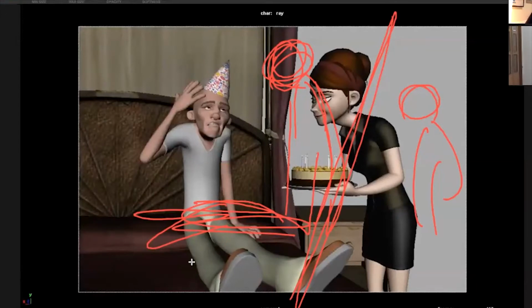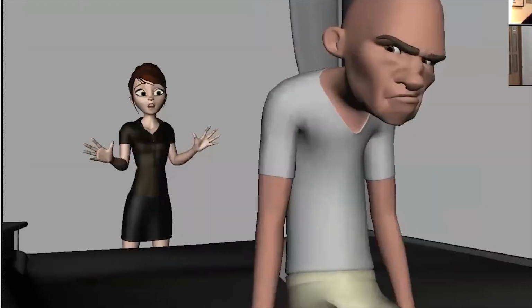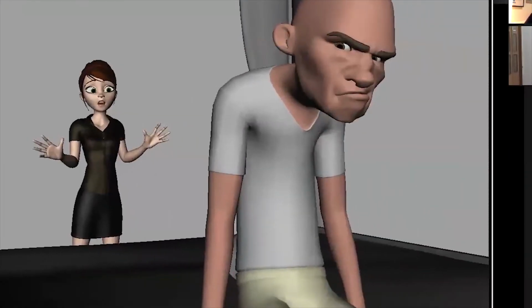I think Marcelo did a great job on these images, even though we haven't talked about them yet. He did these types of images, so let's go through them. This is the staging that we were talking about. Now this is a much better scene, and it works better because, one, you already gave him a higher stance than her. Now she's way smaller because of composition. She's not only smaller, but she's also lower in the scene. And acting-wise, you know who the main role of the scene is, which is him. So I think this is the way to go.